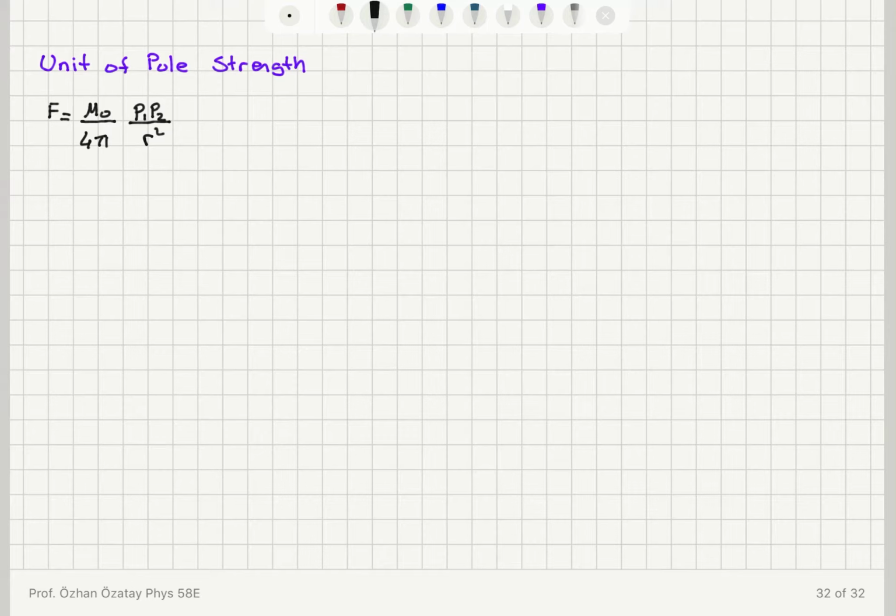So this is from the torsion balance experiment, remember. And you can see that the pole strength squared, P1 P2, is the force times 4 pi r squared divided by mu0. So the pole strength unit then will be the square root of